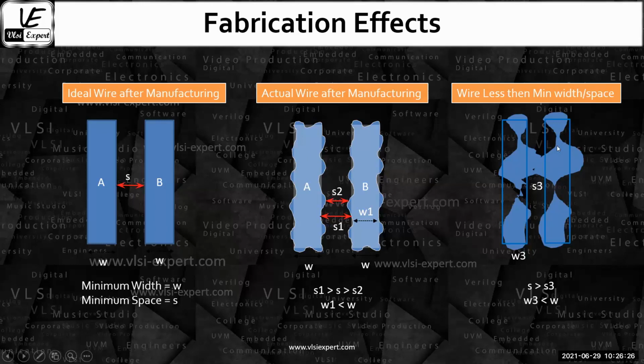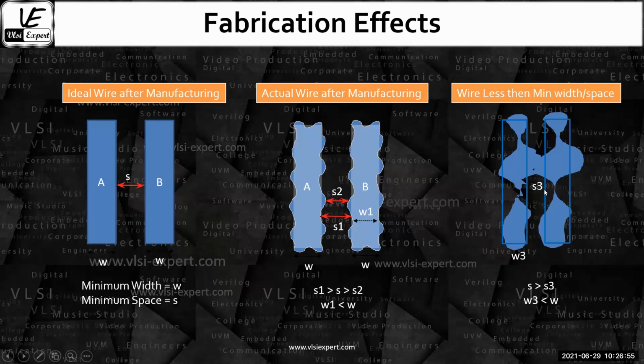Similarly, when it comes to the width decreasing, let us suppose on both sides the width decreases, then you can see in this particular portion there is a chance that the width of the wire is very small, so the current density is going to be high. And the second thing is, okay, say I'm okay with the current density, but what about if something breaks in between, it becomes an open circuit?